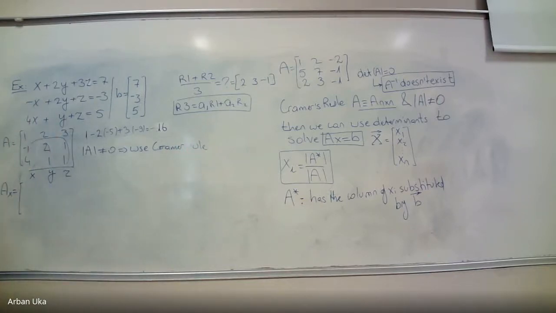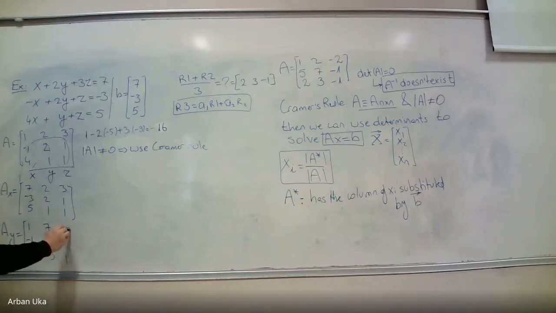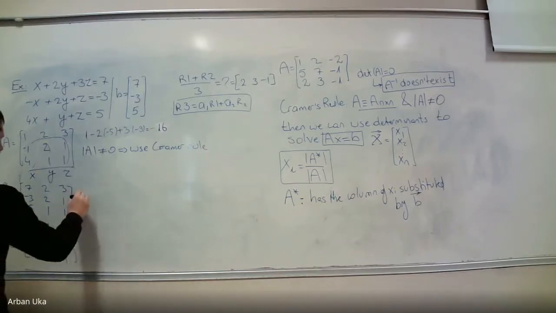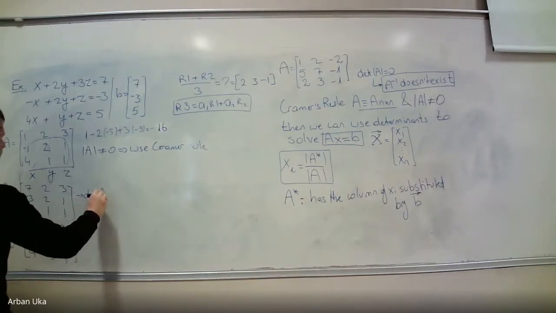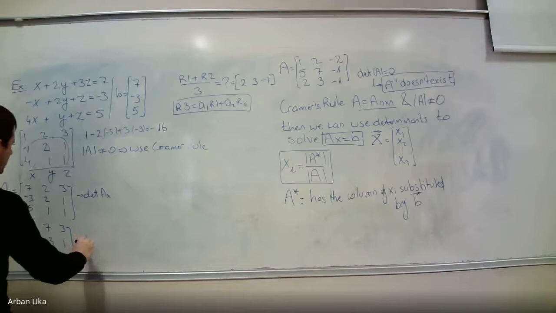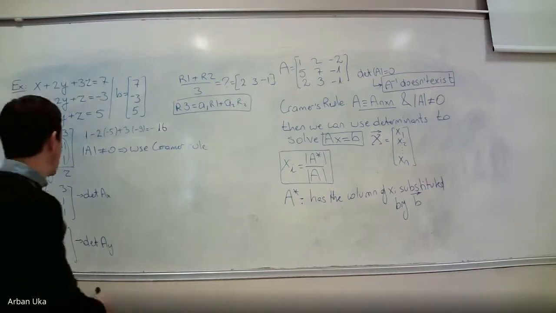So the modified version of A is going to be the following. Here we have 7, minus 3, 5, 2, 2, 1, 3, 1, 1. Okay. The AY will be equal to a matrix which is 1, minus 1, 4, then here we put the 7, minus 3, 5, 3, 1, 1. So here we need to find the determinant of AX, and the determinant of AY, and once we find these, we can easily say the following,